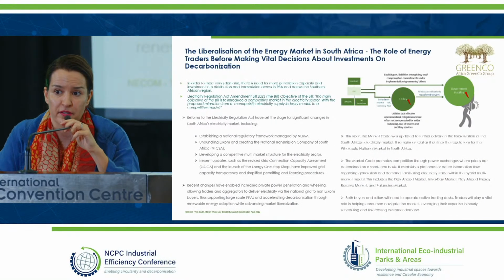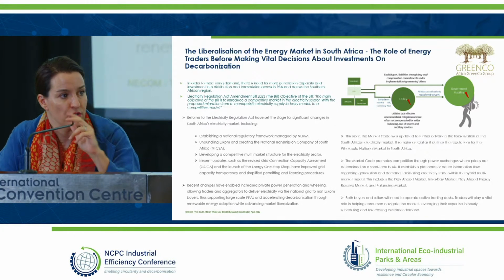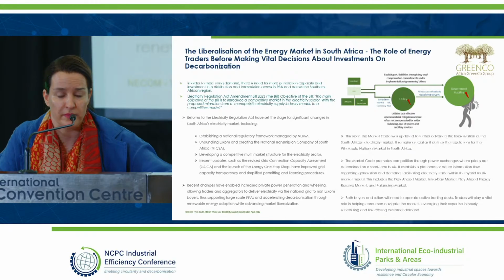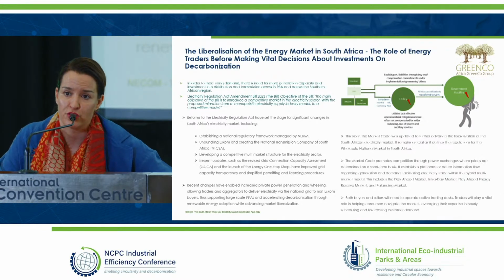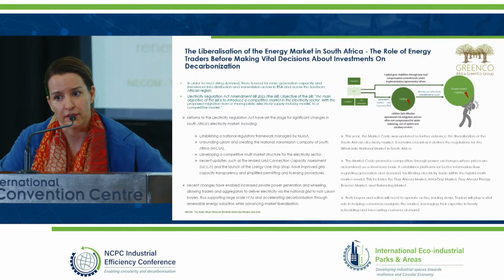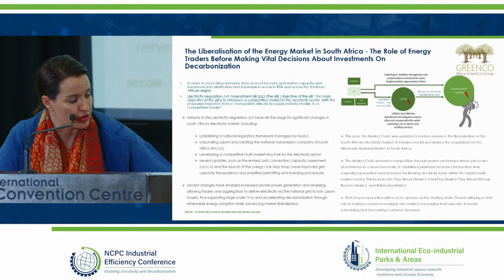So here is a visual of the current way electricity is procured in the country. You have the utility, being Eskom in this case. You have the government shouldering that liability by backing Eskom's power purchase obligations. You have the resultant contingent liability on the balance sheet of the country, which is already heavily indebted. All of this has led us to the enactment, as I mentioned, of the new